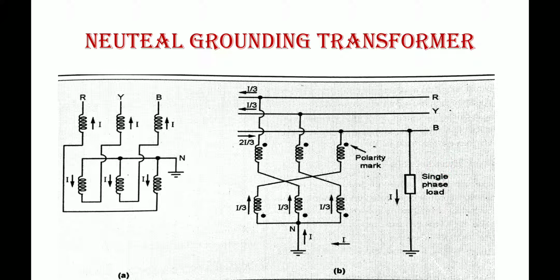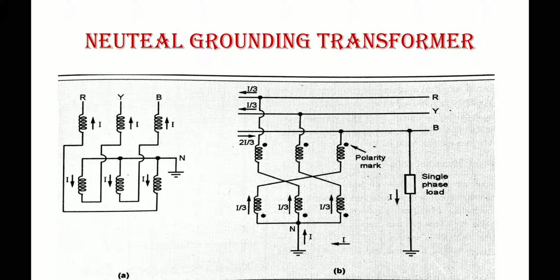In the previous diagram I have shown that during the fault condition the impedance of the grounding transformer will be quite low. During this fault, a huge amount of current will flow through the system. The magnitude of this fault current is limited by inserting a resistance in the neutral circuit itself. Getting my point? Next, one more important thing is that under normal conditions only iron losses will be present here.